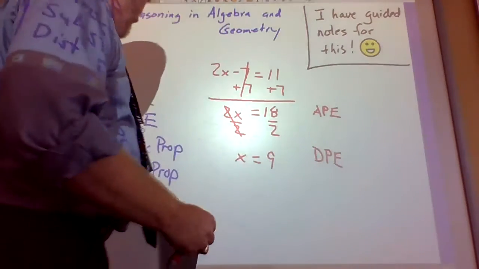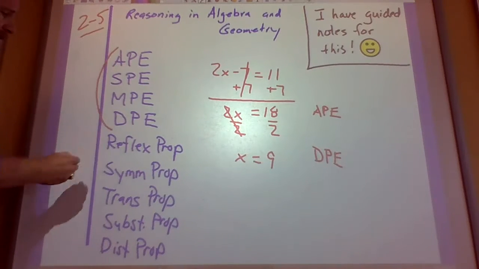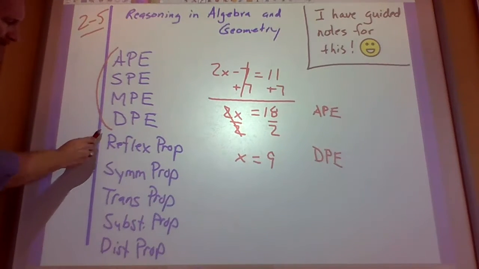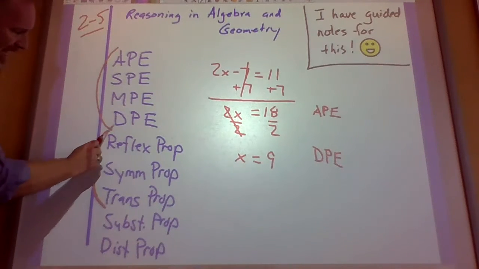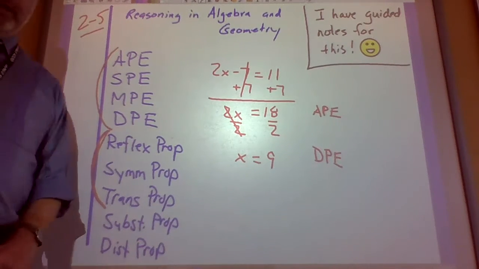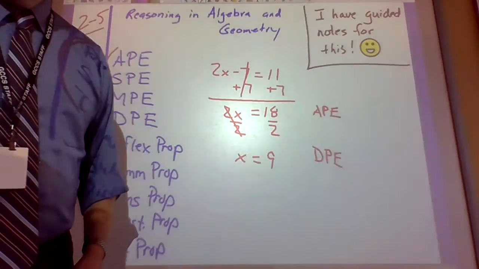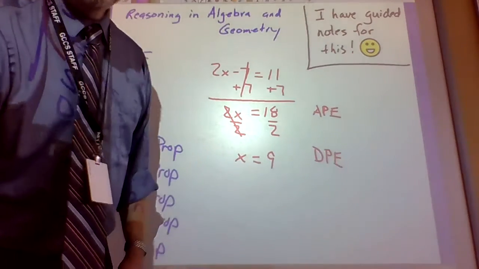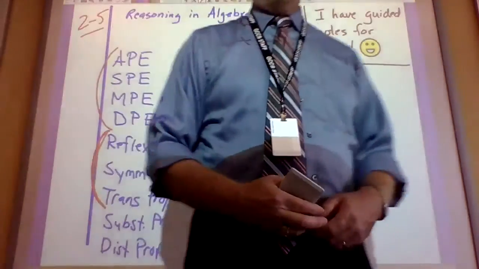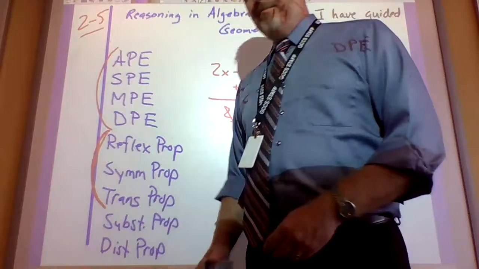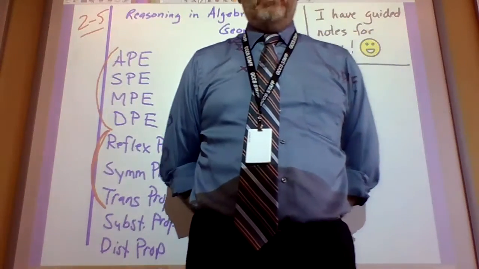All right, so these are all the abbreviations. So we just talked about those 4. Then in middle school, possibly 5th grade, but probably middle school, you got hit with these 3 guys: reflexive, symmetric, and transitive property. I'm just going to sum those up real quick. The reflexive property, kind of like the word reflection, says this. It's pretty mind-blowing. The reflexive property says